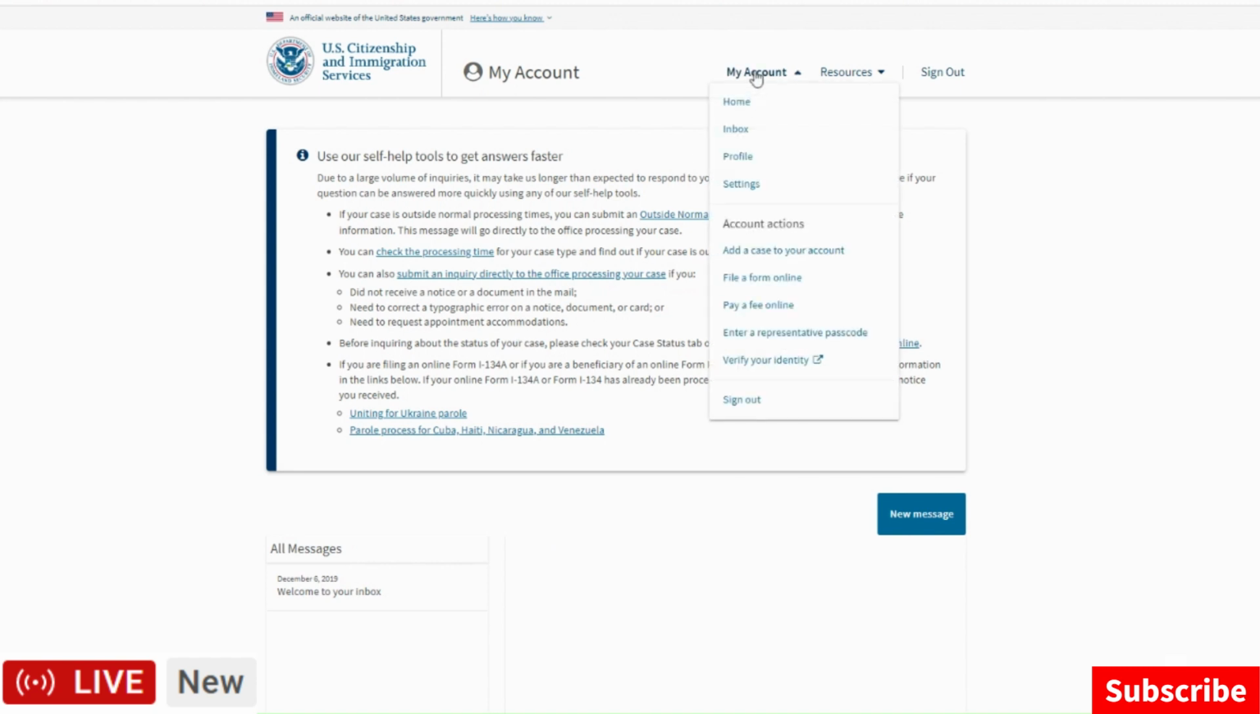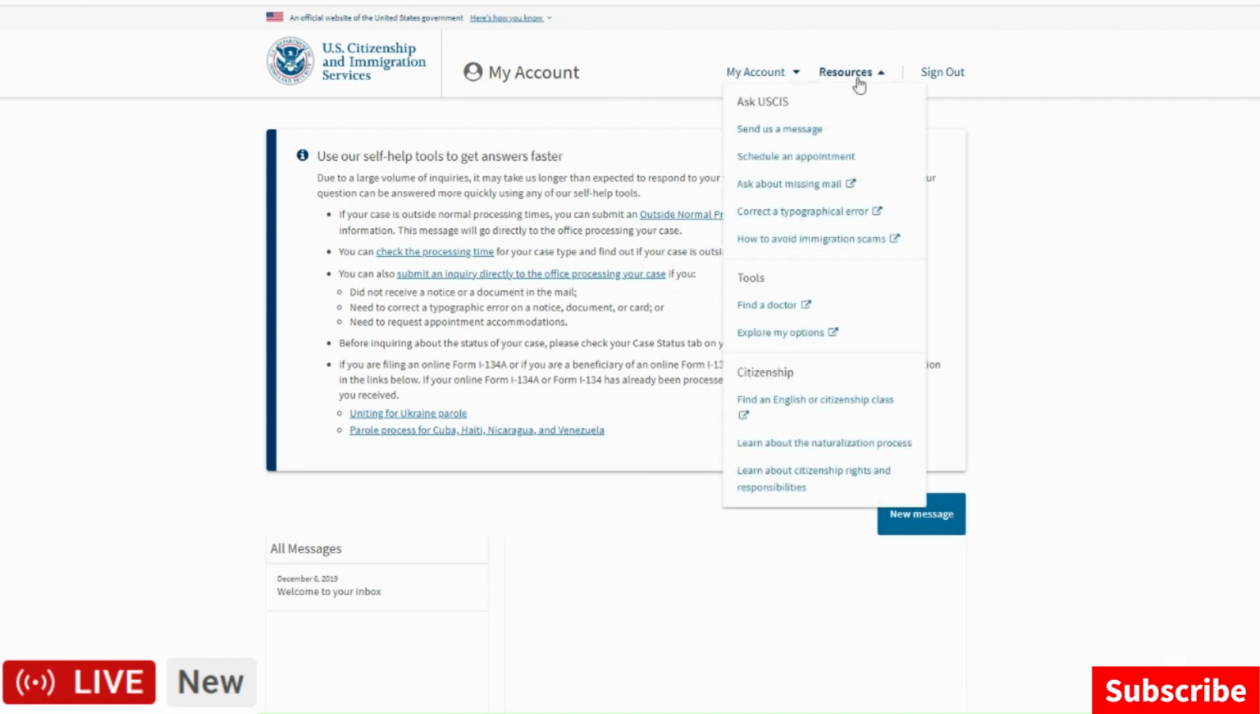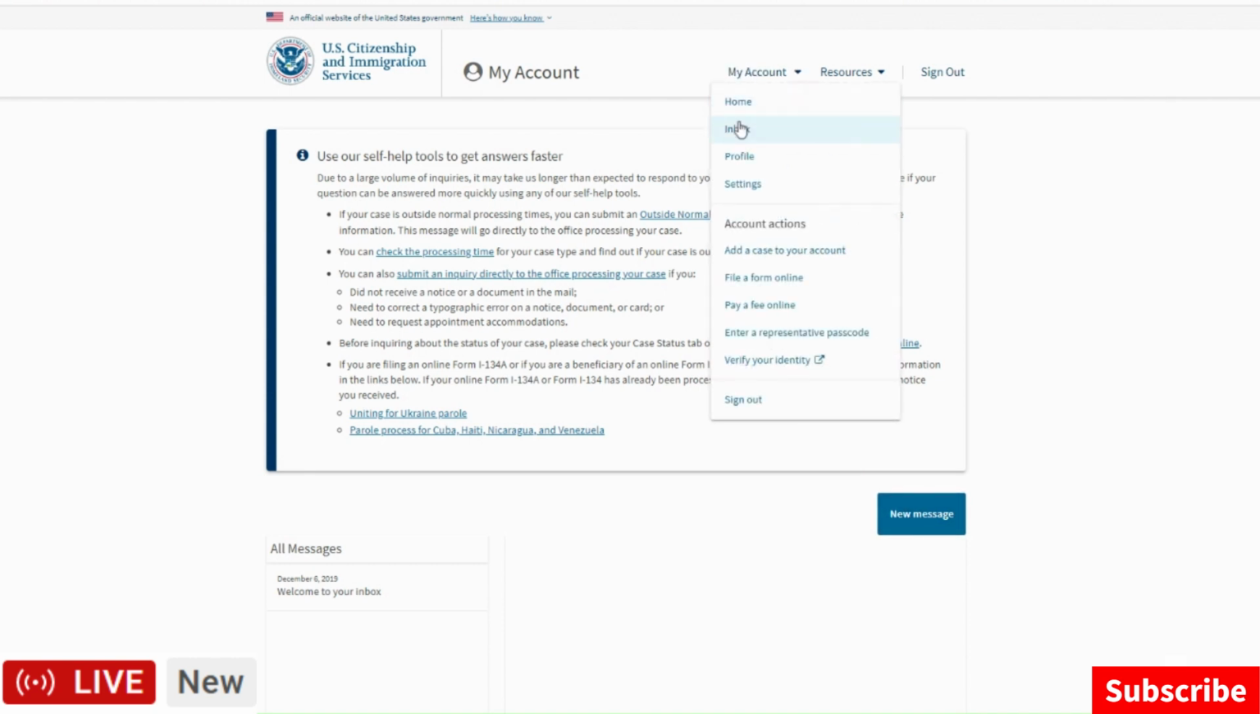And then once you click on my account inbox, there are two ways you can do it. You can click on under my account and then inbox, right? And then when you click on here, this message will pop up. You click on new message. The other way to do it, you can click on resources. You click on send a message, and this will take you to the exact same page as you see here when you click on inbox. So the next one,